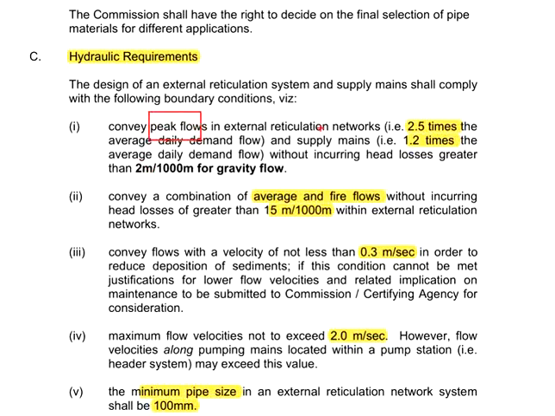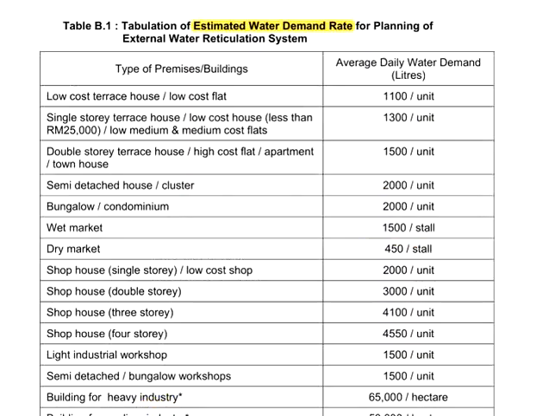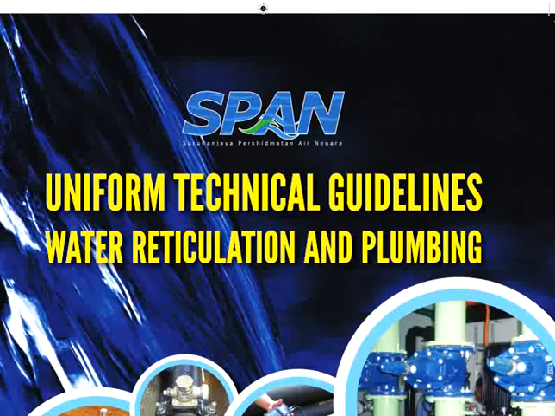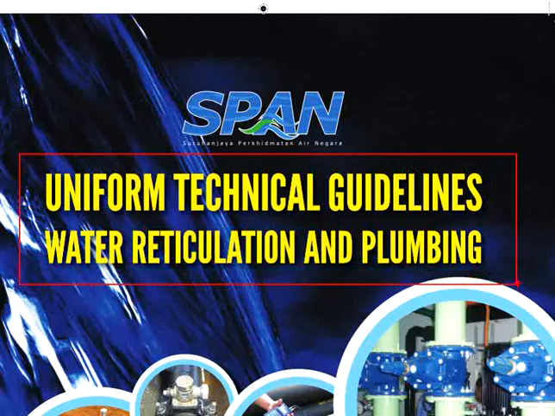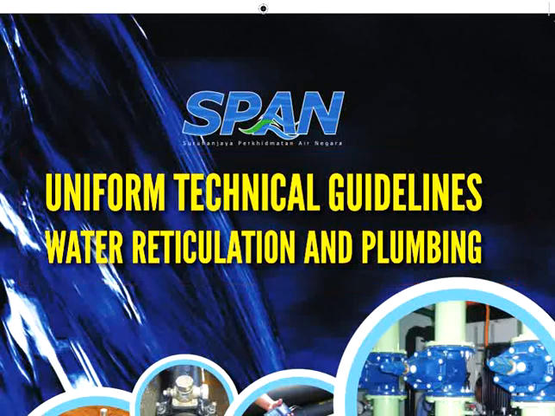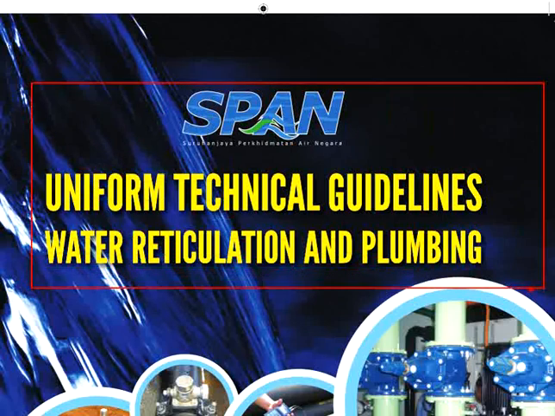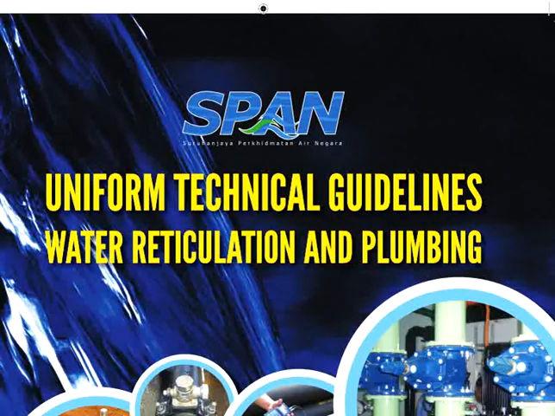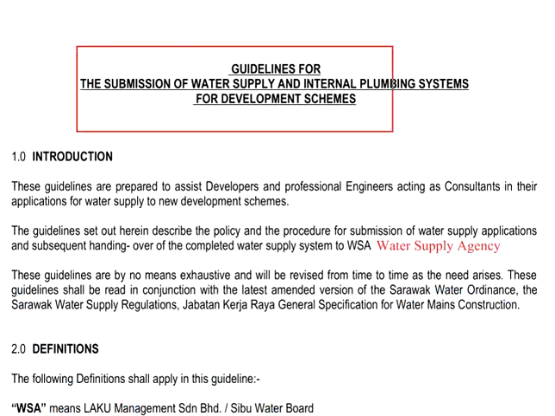Specifically, the peak flow is to be multiplied with 2.5 times the average daily demand flow, and the supplements is to be multiplied with 1.2 times the average daily demand flow. The estimations of the water demands also vary, which you may refer to table B.1 of the Uniform Technical Guideline, Water Reticulations and Plumbing, as given by SPAN. We shall discuss about the content given in the Uniform Technical Guidelines in other videos. Coming back to this guideline,